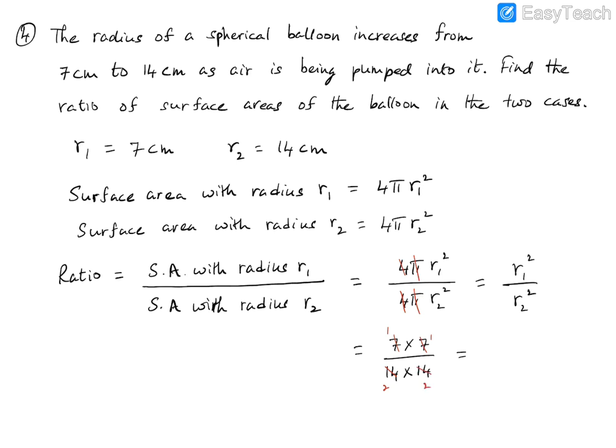So we have 1 into 1 by 2 into 2, which is 1 into 1 divided by 2 into 2, which is equal to 1 over 4. So the ratio of the surface areas is 1 over 4. Okay, so when we are given some parameters and asked to find the ratios, it is always much easier with